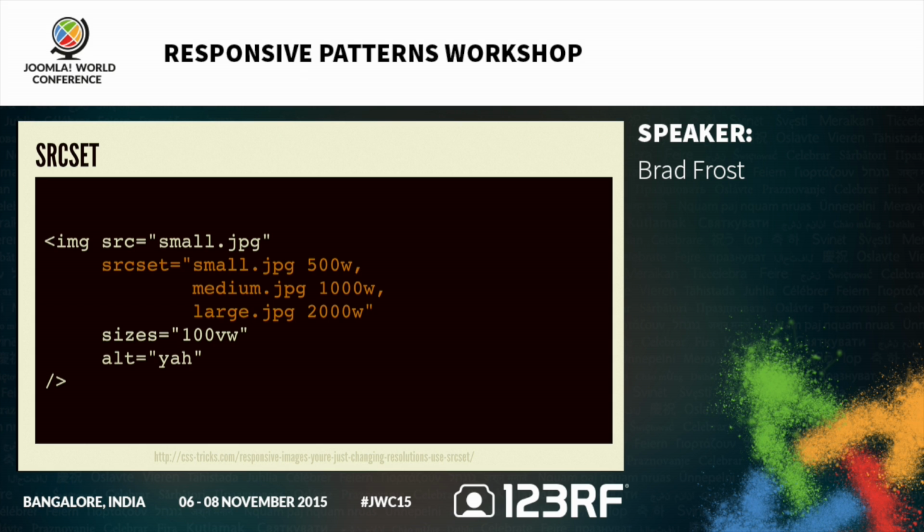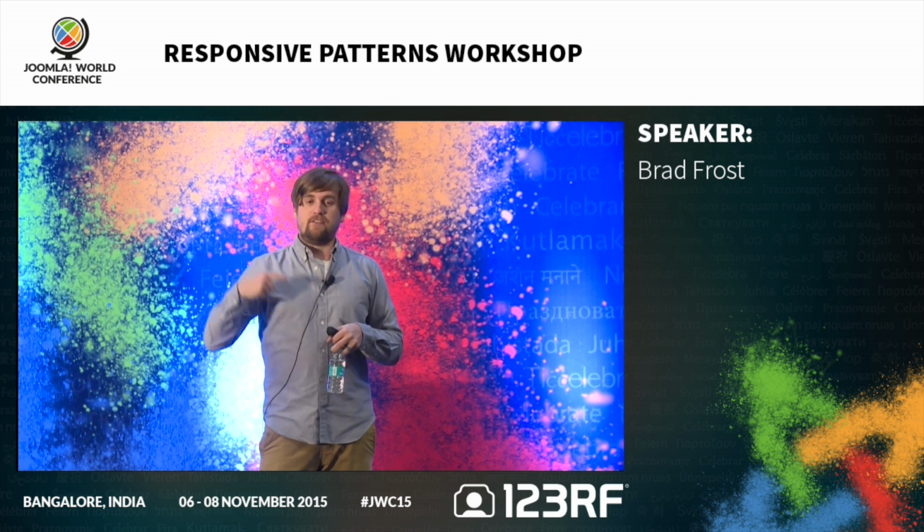And what this allows us to do, this gives the browser extra information. So as the browser scans the page, it goes, oh, hey, looks like there's a few different images for me to choose from. And it goes, okay, well, how big is the viewport size, right? What's the pixel density? But then this also opens the door for maybe the browser gets smarter in the future. Maybe there's a user setting that says, always send me high-res images, or never send me high-res images because I'm traveling or something, right? So the browser makes a decision based on whatever the environment is and serves the appropriate